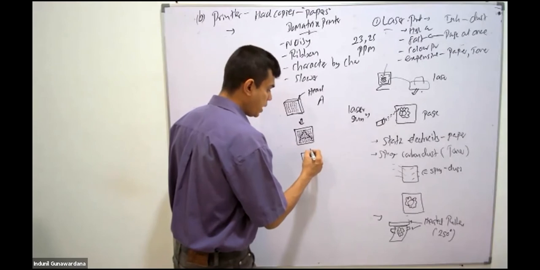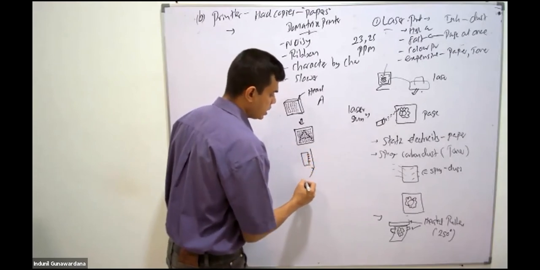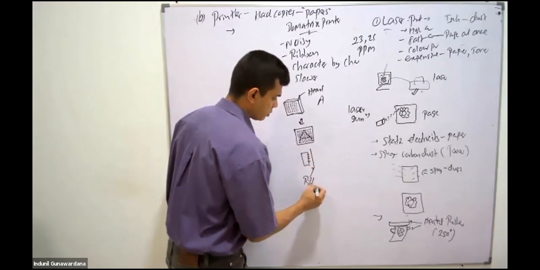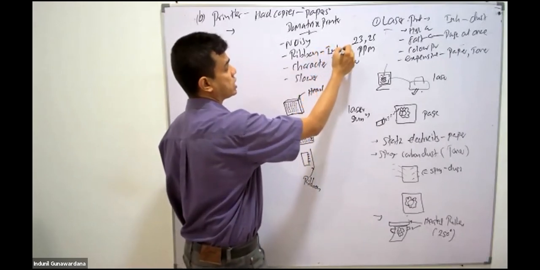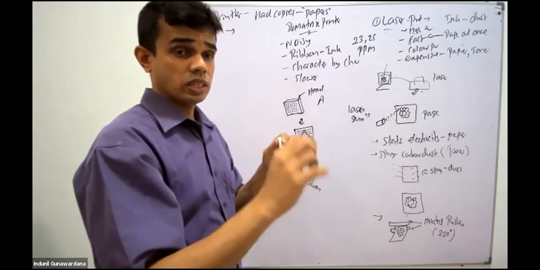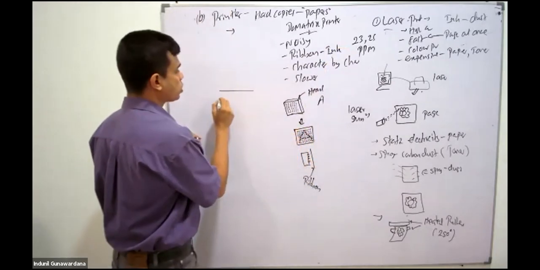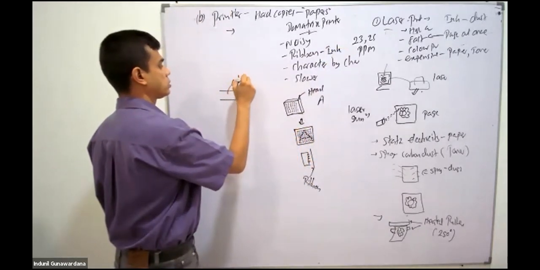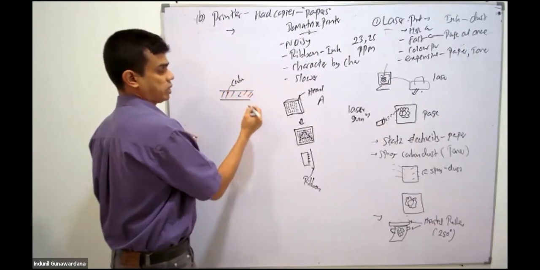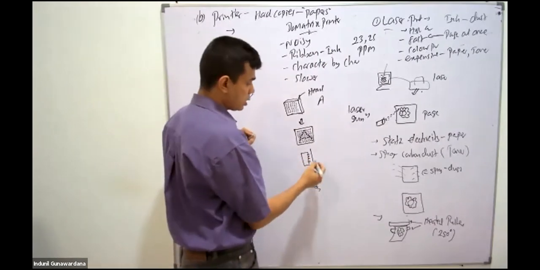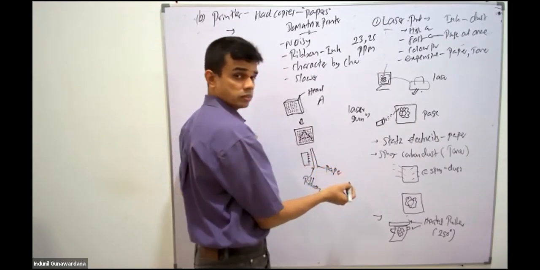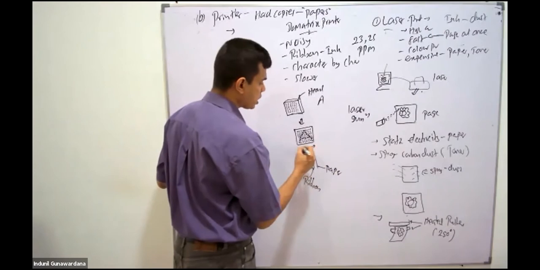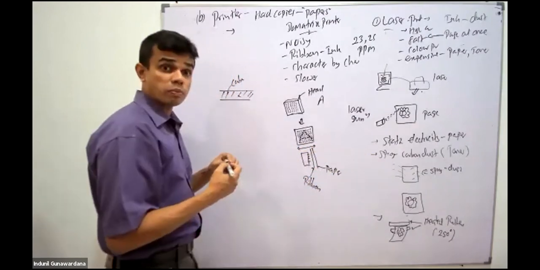And then this is placed within the ink ribbon. The ribbon comes with ink. It's coated with ink, just like our carbon paper, carbon sheet. It's a tiny ribbon, fully coated with carbon. Then behind that ribbon we keep the paper to be printed. Now there will be a compression. These three are compressed together.